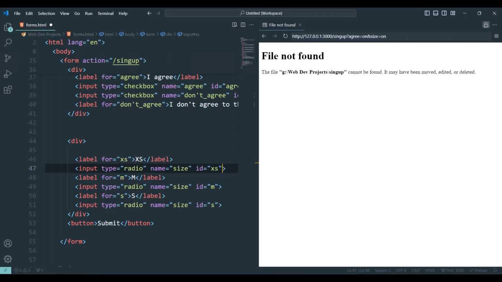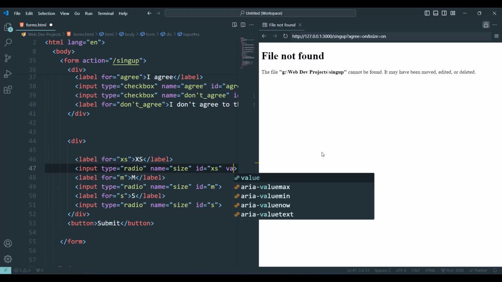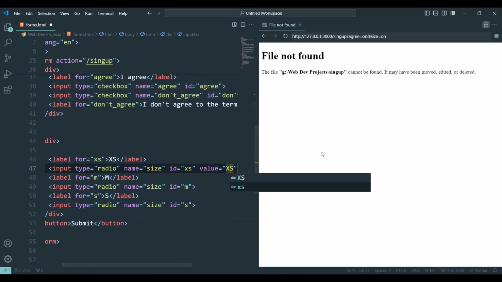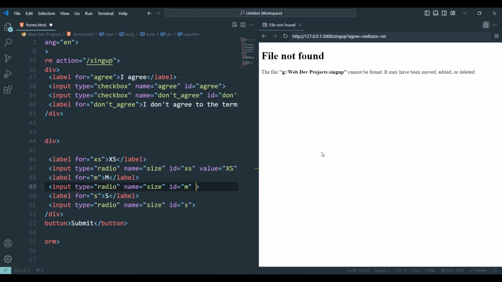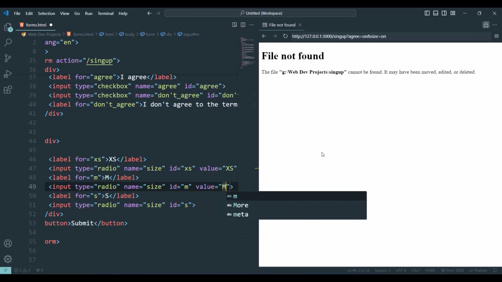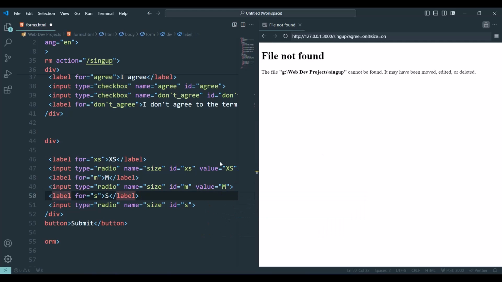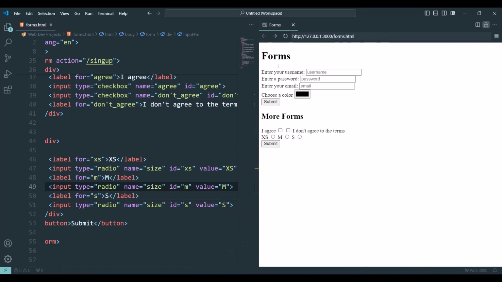So let's open Visual Studio Code, and I'm going to type here value, let's say XS, down here also value M, and down here also value. So that is going to be the data which is going to be sent through our forms, and I'm going to put S here.